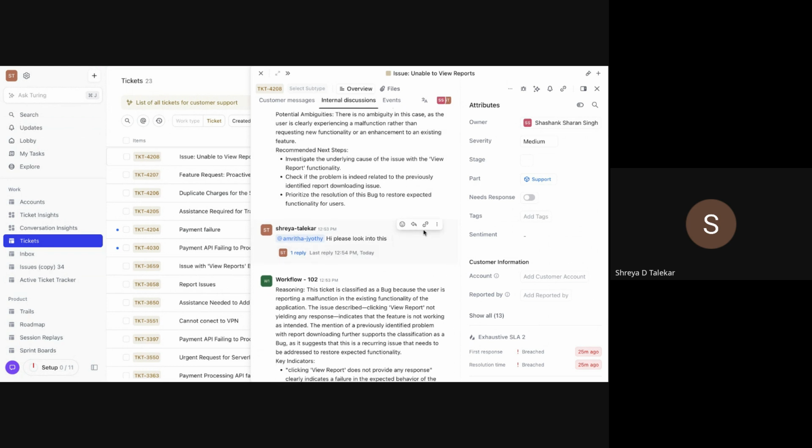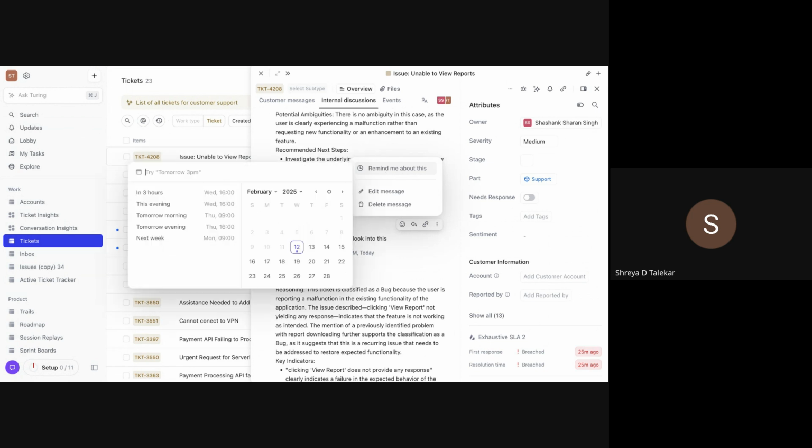Now there are other options available here as well. If you hover over this particular comment, you can see various other options available here, starting from adding a reaction, replying in thread, copying the link to this particular comment. And if I click on the three dot menu, I have the remind me option, editing the message and deleting the message as well. So if I click on remind me about this,